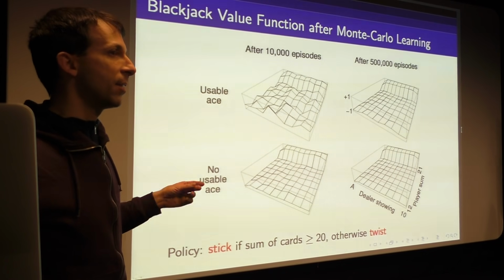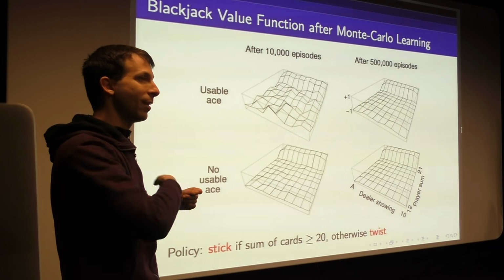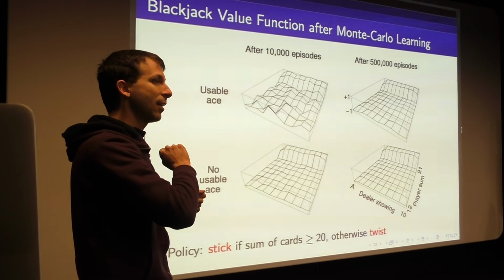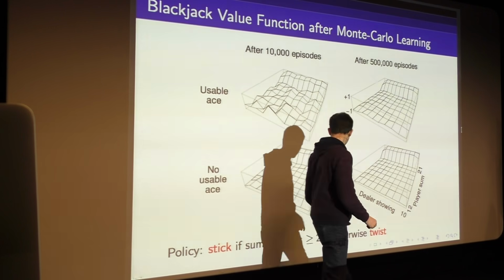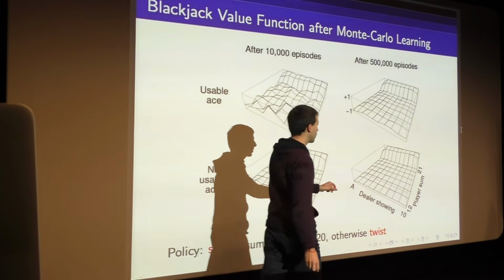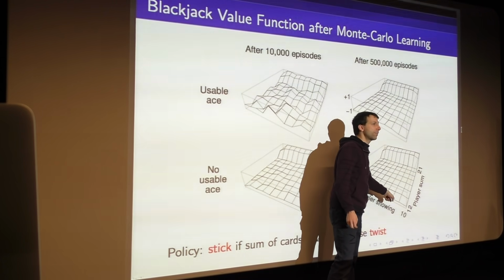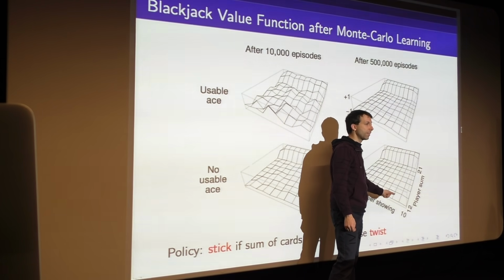Well, it's a little bit unclear, right? It depends on the strategy the dealer's using to twist, actually. So I think it depends. It might be that the dealer has the same strategy as us, in which case having something like a 7 or 8 is actually a bad situation for the dealer, because